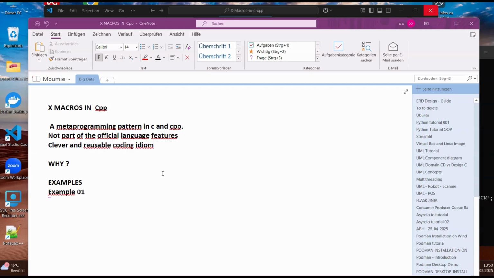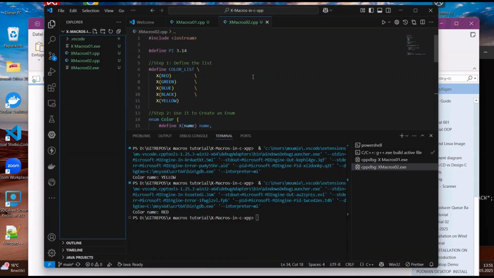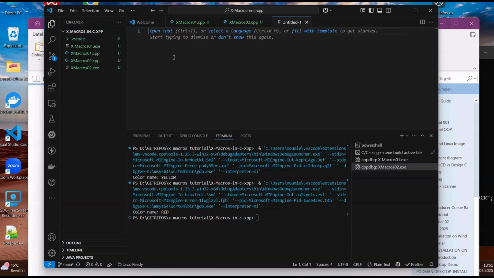Welcome to this third video tutorial on XMacro. Now we are going to improve our previous example by introducing the notion of include and make our program more modular. So we are going to add a new second example here, and even a third example if allowed. In order to do that, we are going to create a new file as before,